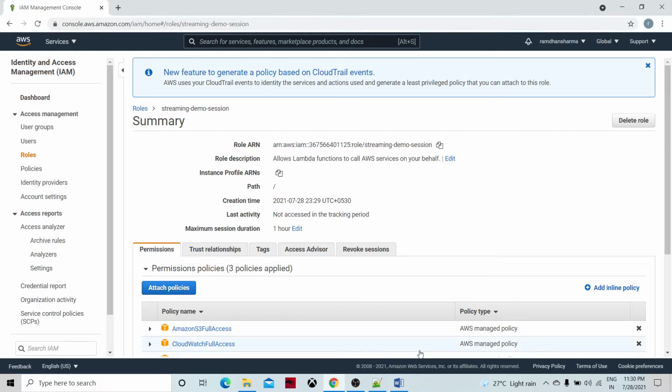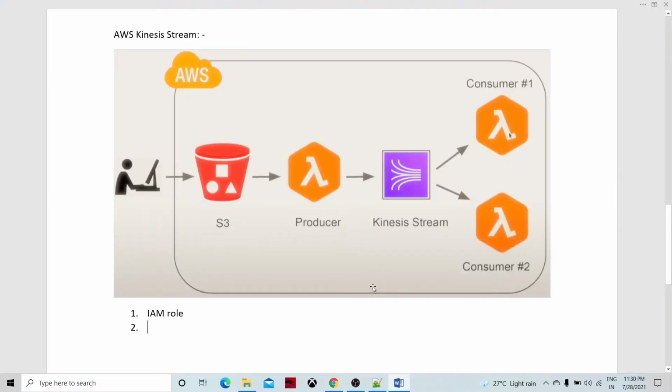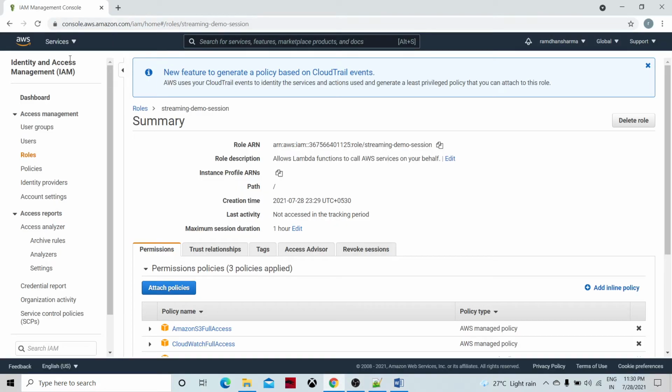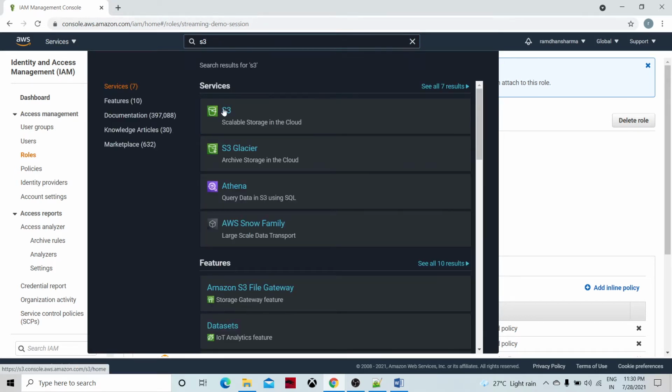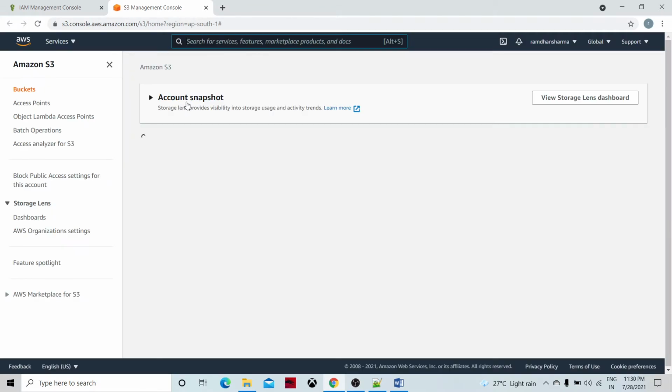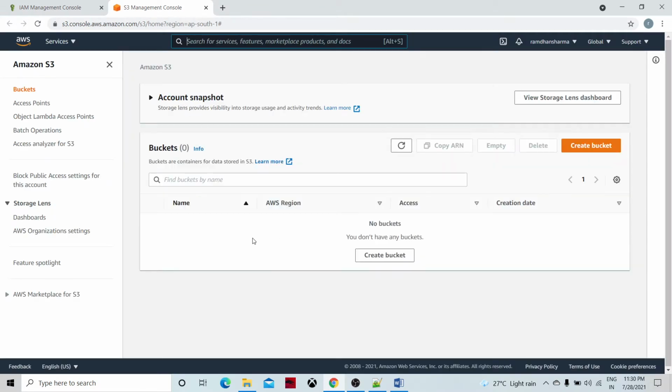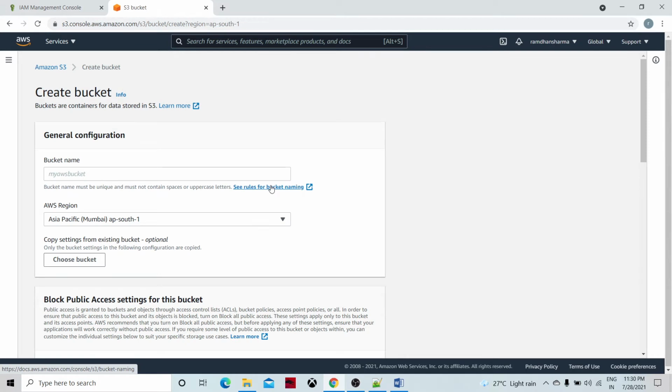And the second thing, let's look at the picture. What we are going to do is create an S3 bucket. We are going to need the S3 bucket, so let's create an S3 bucket over here. If you click on S3 in the search button, we're going to create this in a new window. Let me name it as a streaming bucket, let's say Kinesis stream bucket.